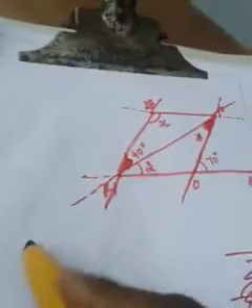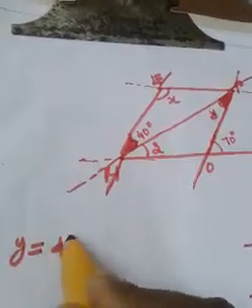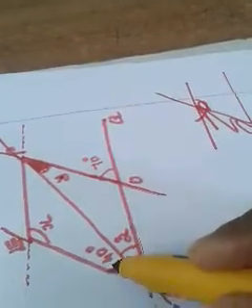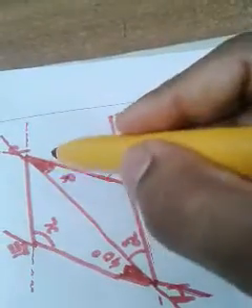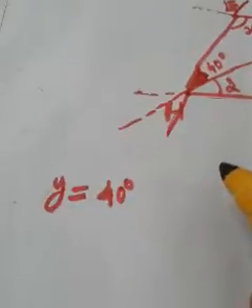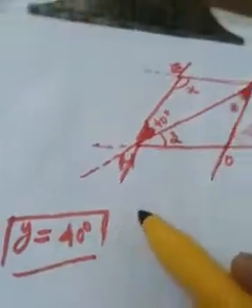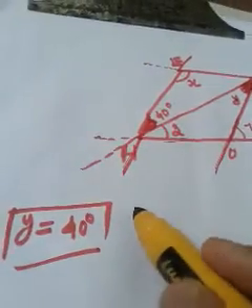In that way, can you find out the value of y, or can you fix the value of y as 40 degrees? Why? Because, once again let me repeat, both are parallel lines and this is a transversal, so the alternate interior angles formed are this 40 and y, that should be equal. So y should be equal to what? 40. You may have understood. Okay, I know there is no need of much explanation. It is very clear. So y we got as 40 degrees. The value of y we got as 40 degrees. By which reason?